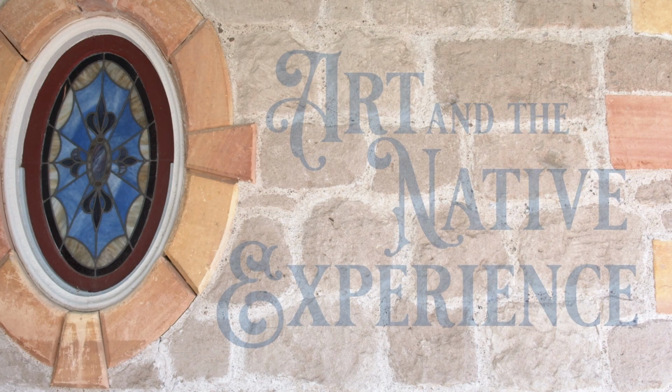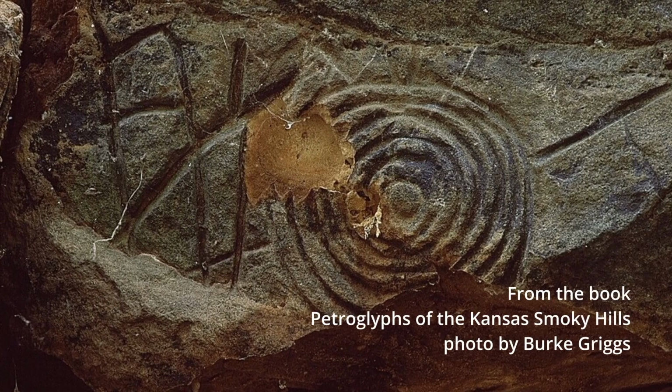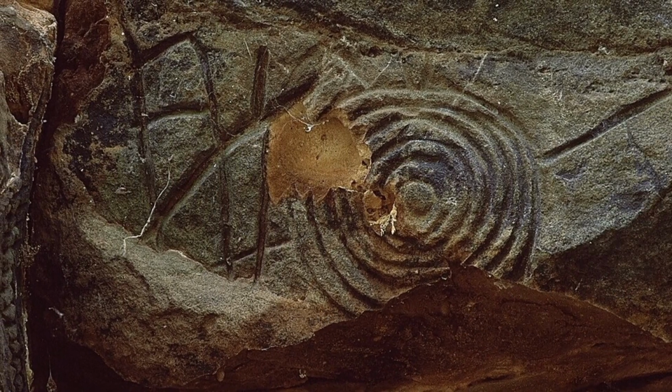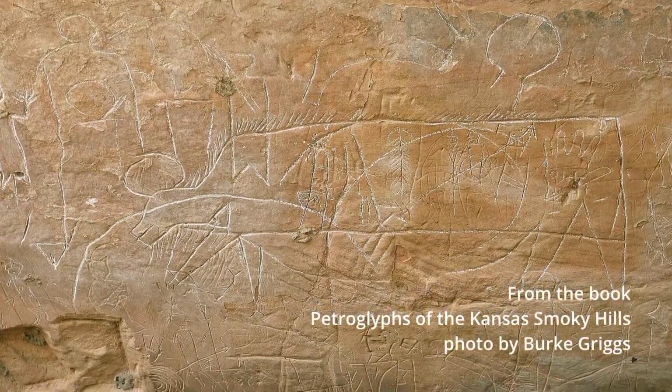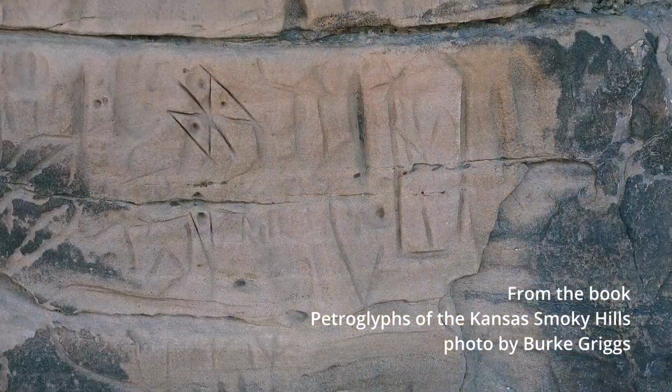Native American art has been around for a long time in various ways. Native Americans have been in parts of northwestern Kansas for about 13,000 years. We don't see a lot of prehistoric art in northwestern Kansas because the rock is really soft, so they weather away. But in other places in the state and the Great Plains, you get petroglyphs, which are rock